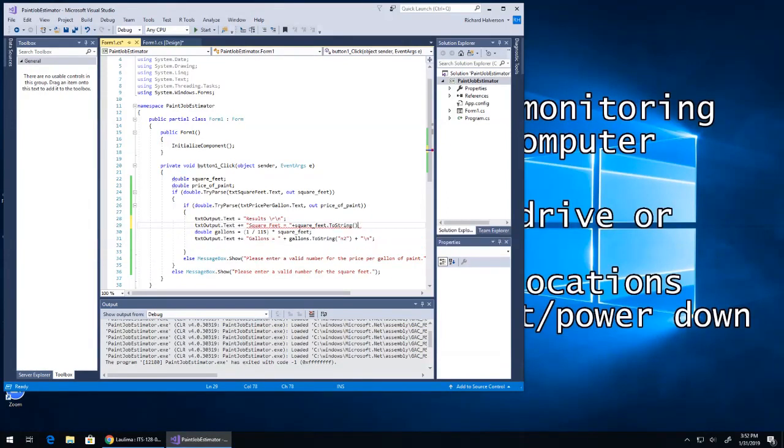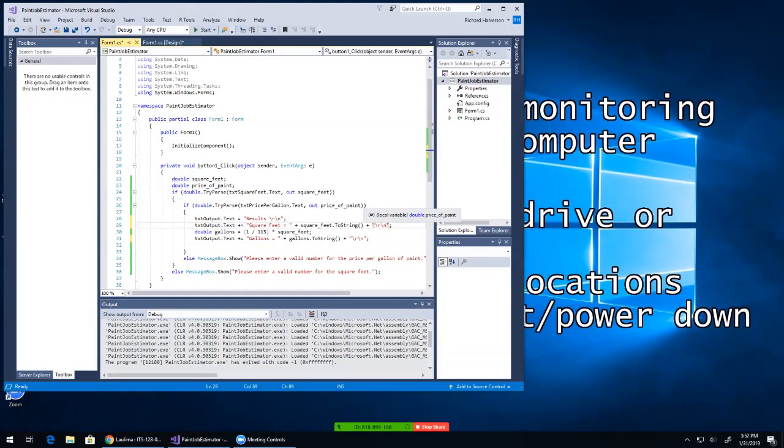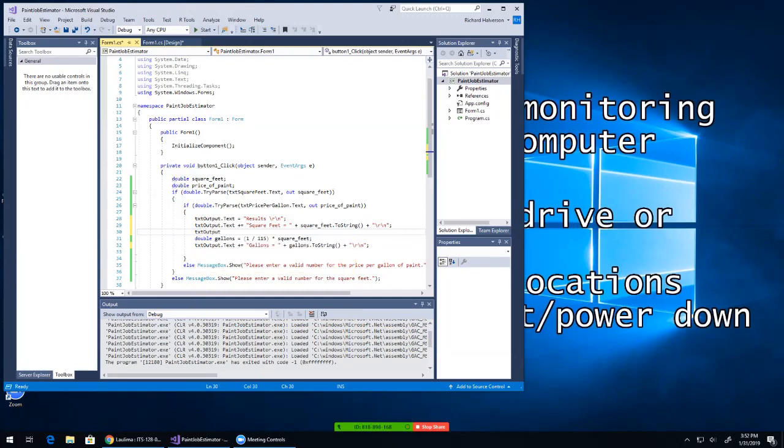I'm just going to do this. I'm not going to bother with this formatting business here. It's /r/n and plus /r/n. Probably only need the /r since the /n doesn't work. It's going to be one or the other that does it, depending on what computer, your operating system and everything else. Okay, so the square feet is that, and then I'm going to do text output.text plus equals